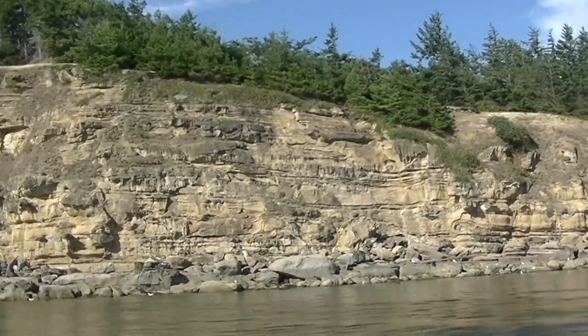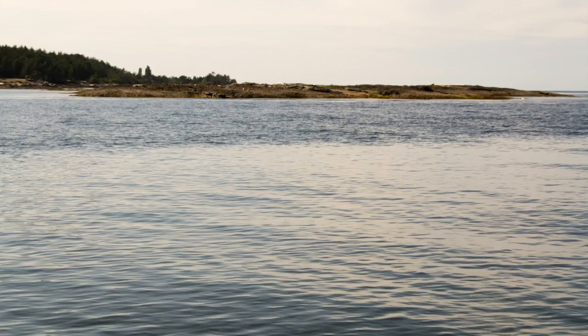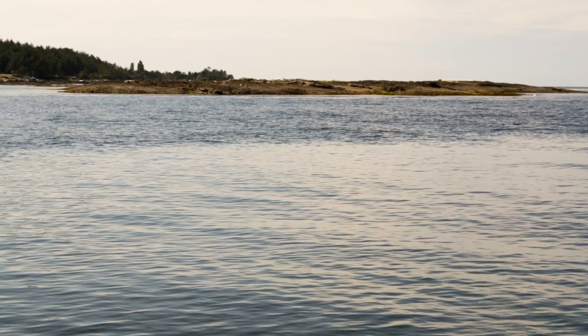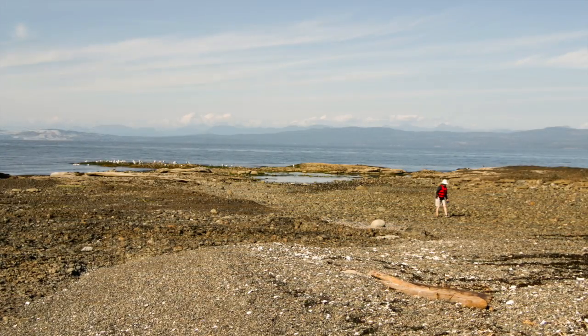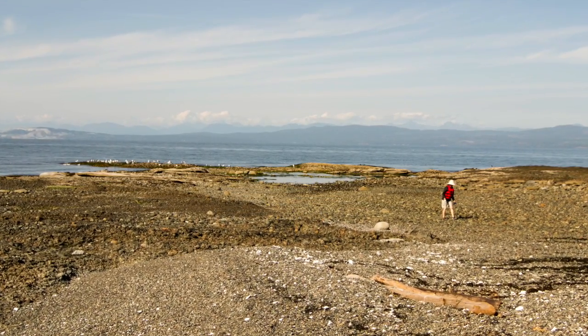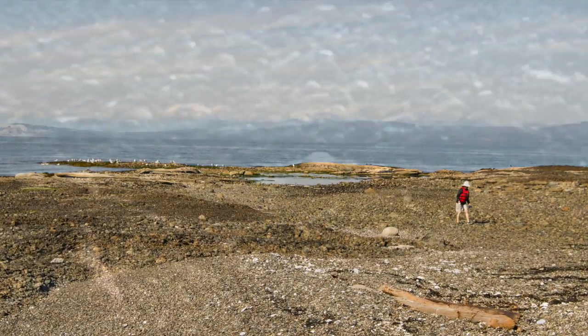We did take the dinghy and we went exploring over to the east side of the island. There's a bunch of small islands off that east side and there's a very narrow navigable channel that you can use to sort of cut the corner if you're heading north. Check the tide tables because it's not navigable for every boat and it's not navigable under all circumstances, so be careful. There's sea otters in the area as well as a lot of seabirds and you can watch boats going